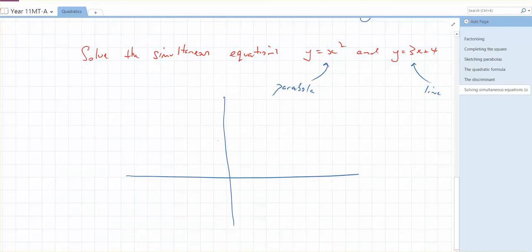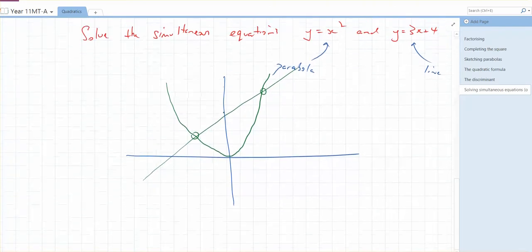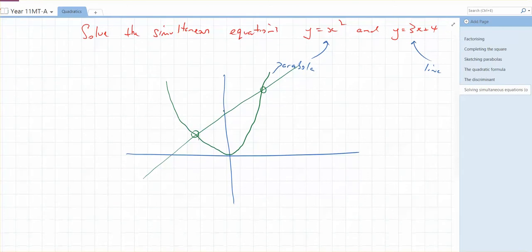Y equals x squared goes down here, doesn't it? It's a parabola through the origin, up it goes. Y equals 3x plus 4 goes through about here on the y-axis, and then it's got a gradient of 3, so it's through like this. I reckon there's going to be a couple of points of intersection around about those places. It's a very badly drawn graph, it's not to scale, but let's have a look at how we solve it